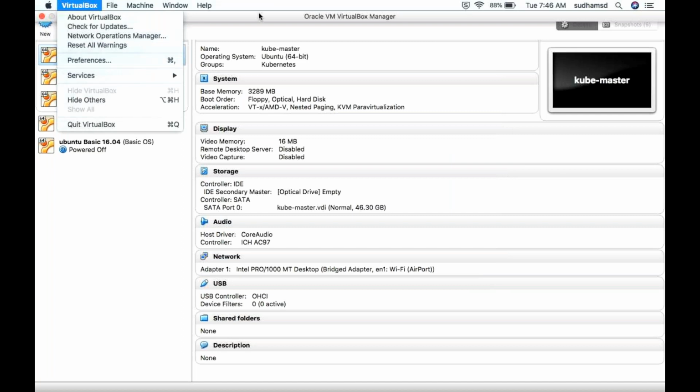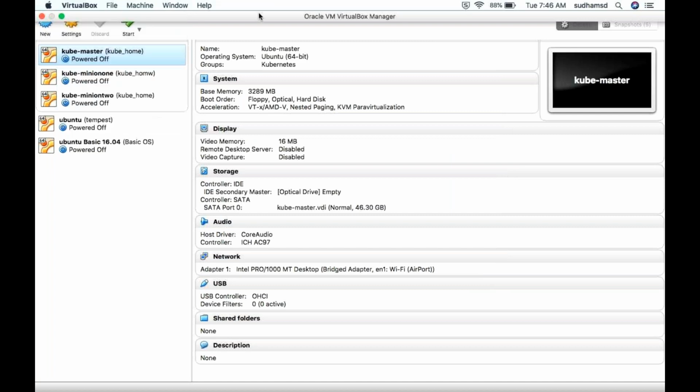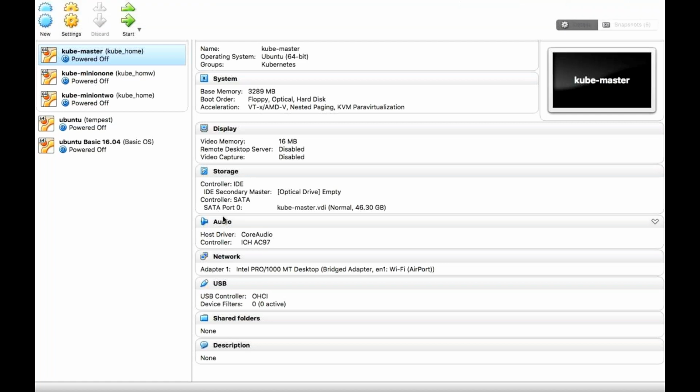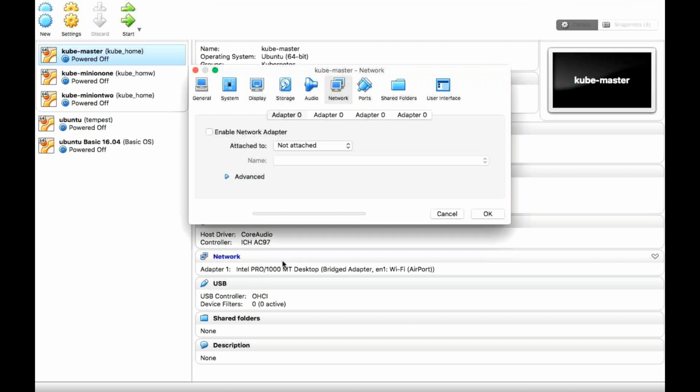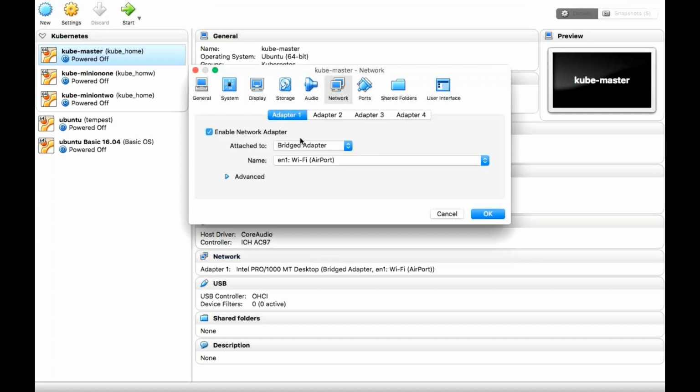If we have the NAT network, we have an internet connection for the outside world, but not for the host. See here, for one machine I gave bridge. This is the bridge adapter which I gave to my virtual machine. It is directly connected to my Wi-Fi. At my home I have Wi-Fi, so it is directly connected to that particular Wi-Fi.